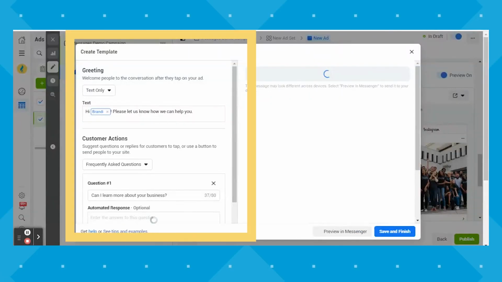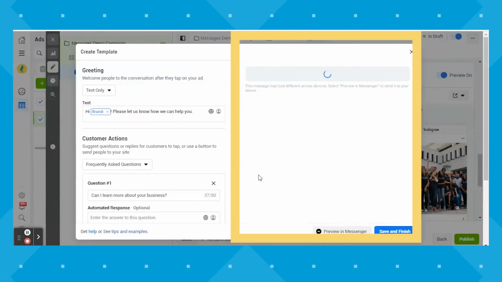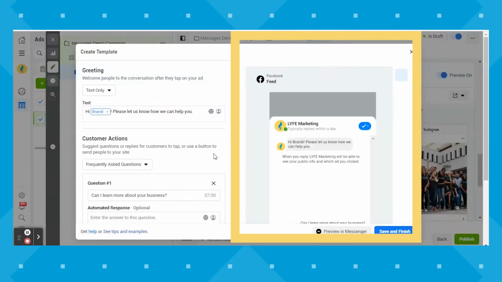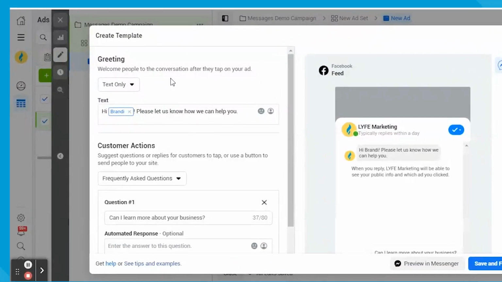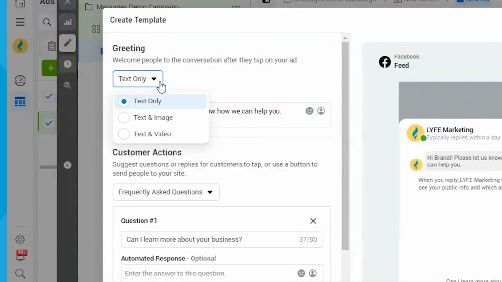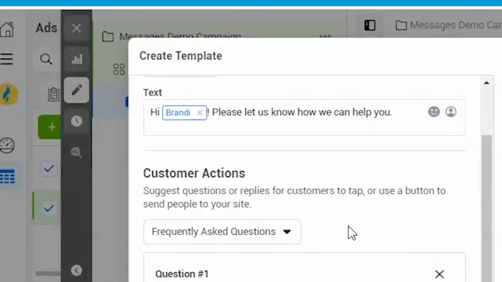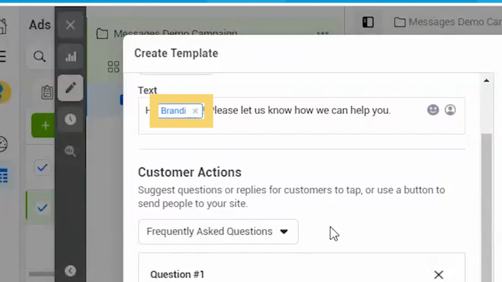On the left is where you set everything up, and then on the right is your preview window that will update in real time to show you what things will look like to your audience. So first you decide if you only want text messages to be allowed, text and image, or text and video. Then you'll want to fill out your opening message, and you can see that Facebook automatically has a conditional blue box in there for you, which updates for each person to use that person's first name, which is great and